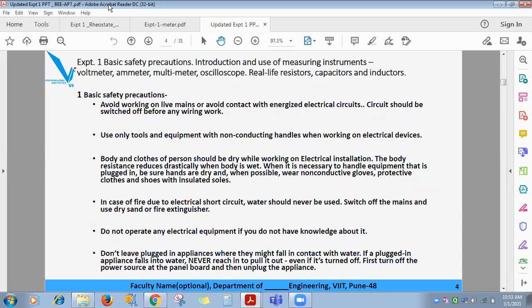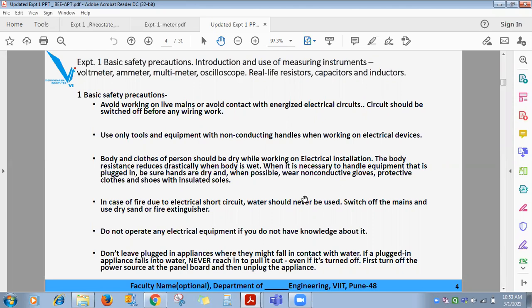Again, if you are performing practical work on rotating machines, your clothes must not be loose; wear proper clothes. You should not wear metallic ornaments, and if you are wearing them, be careful while making connections or noting down the readings. If they touch any current carrying live part, you may get a shock.